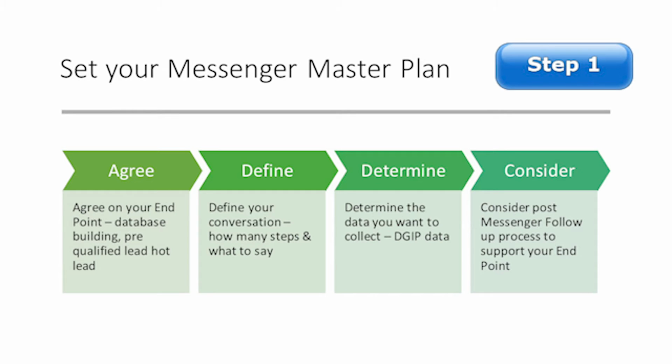I is your infographic data. If you've got a business database you're building, infographic data would be around their business: roughly their size, maybe turnover, the industry they're a part of. And then P is probably one of the most important, and that's your psychographic data. This is the consumer insights, the buying behavior. What is it that's going to trigger that lead to become, rather than a not lead or a warm lead, a super duper hot lead for you? Have you got any initial things you want to add to step number 1 there, Mike?